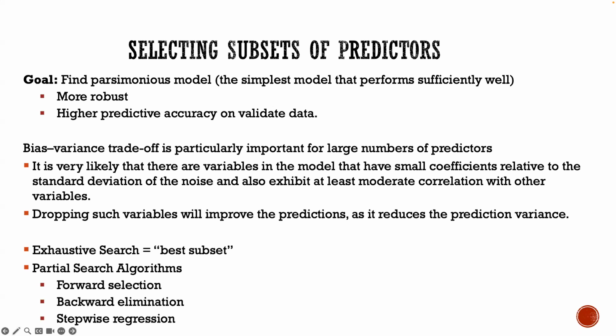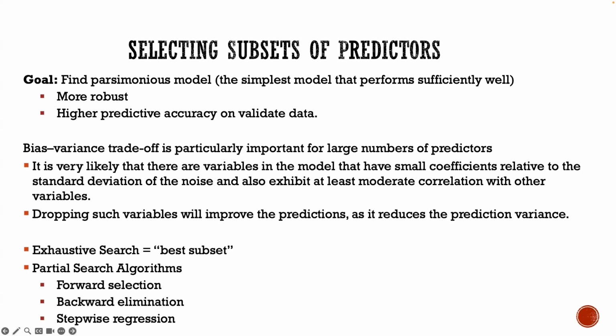But the goal is typically to find a parsimonious model. Parsimonious means use as few predictor variables as possible to capture as much of the variance in y and predict as much of y. Right? So the simplest model is typically the best, and therefore we often want to select a subset of predictors rather than using everything,